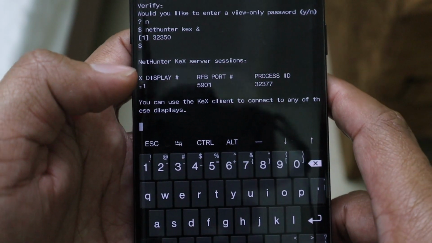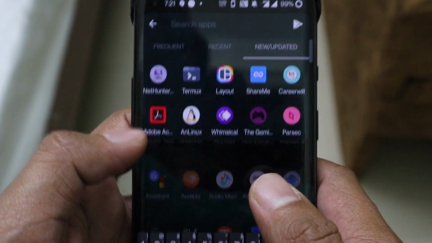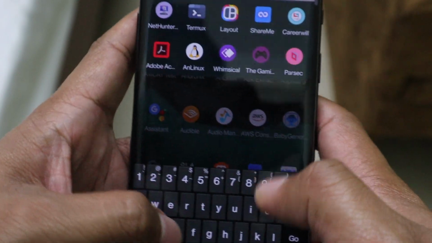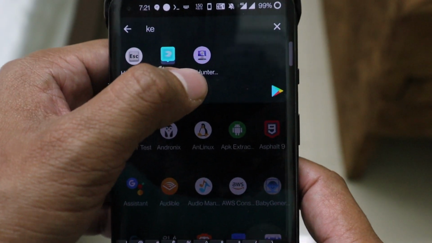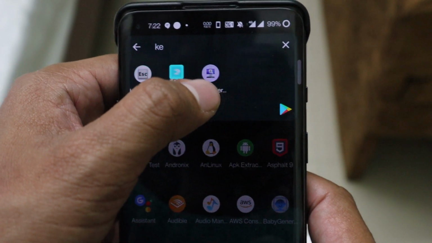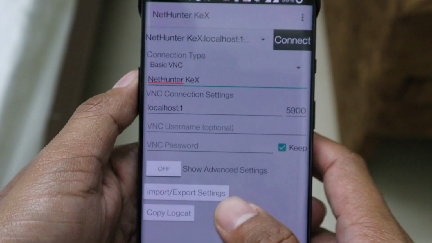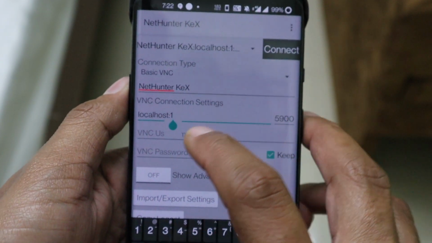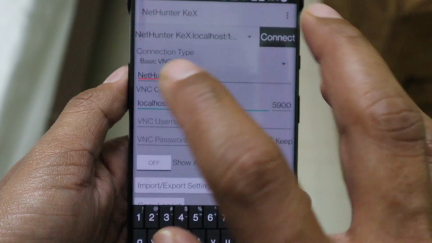Now you simply have to open the downloaded kex client app. Let me type kex here. This is the NetHunter kex that you downloaded earlier, so just open it. Now give it the permissions that it asks for. You can see it has localhost as its default address, which we don't need to change.